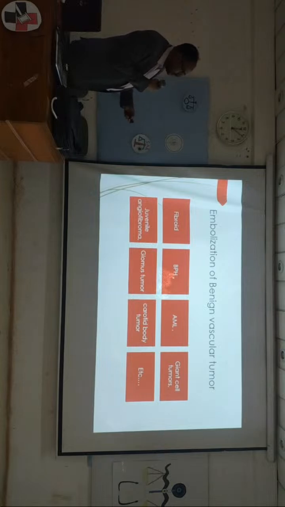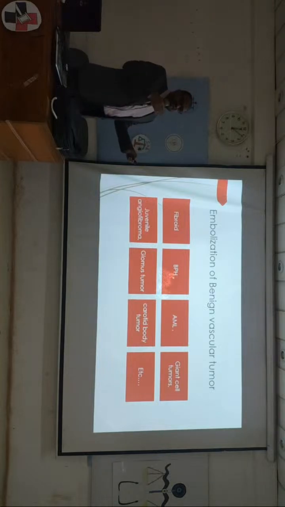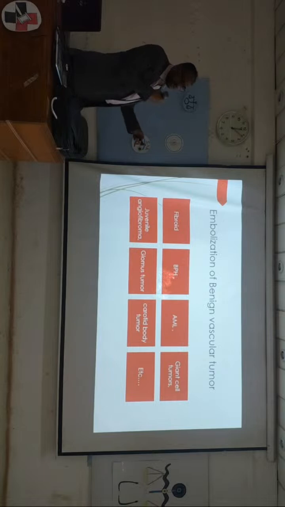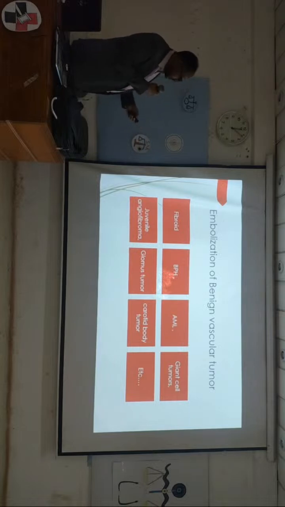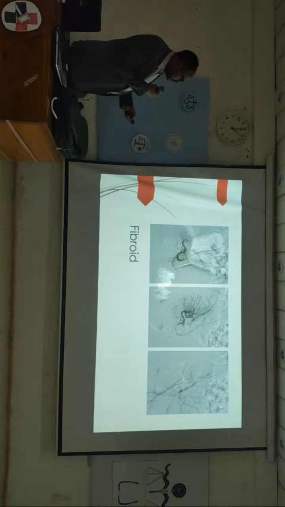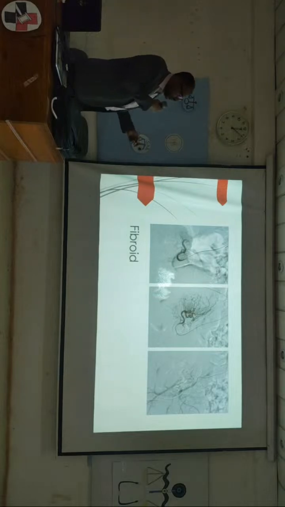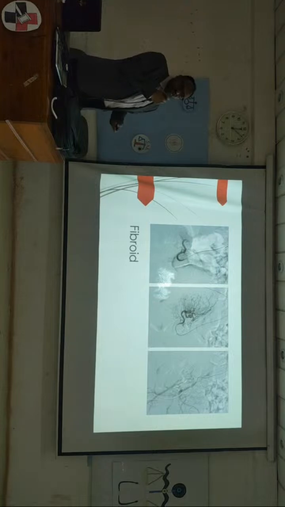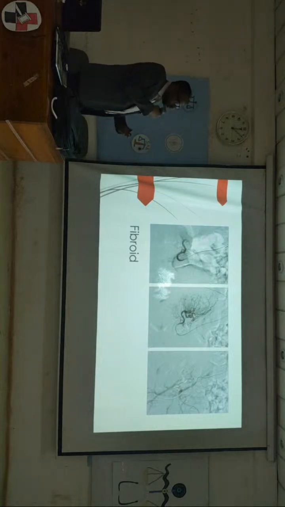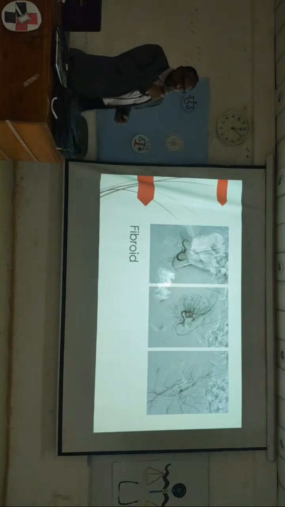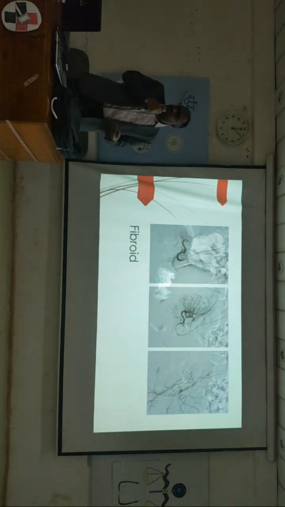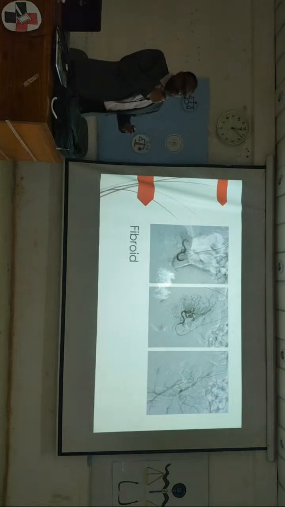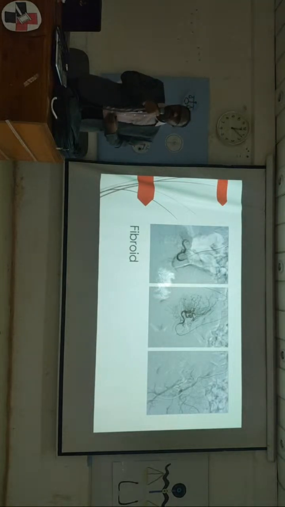Another example for embolization, really there is a wide range of procedures that can be treated by embolization. Benign vascular lesions, I will go fast. This is a fibroid patient, usually young ladies, sometimes presenting with symptoms of menorrhagia, or increasing size of the uterus due to fibroid. As we know, fibroid is a vascular benign lesion, and instead of going surgically to remove this